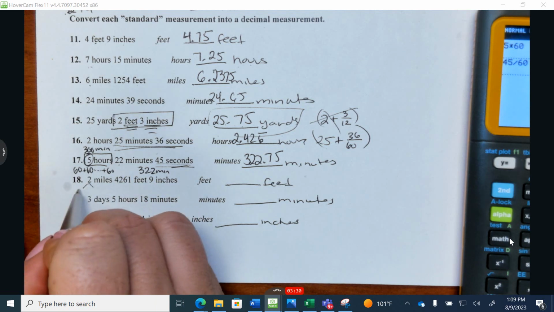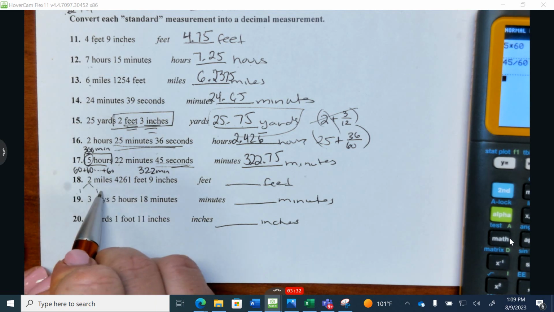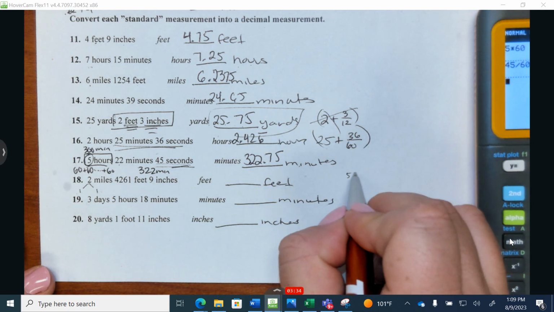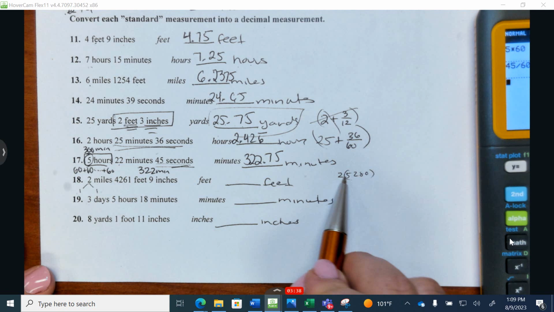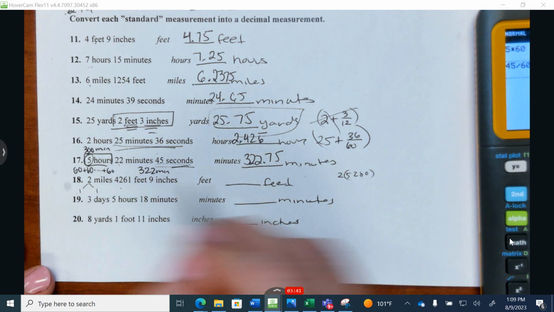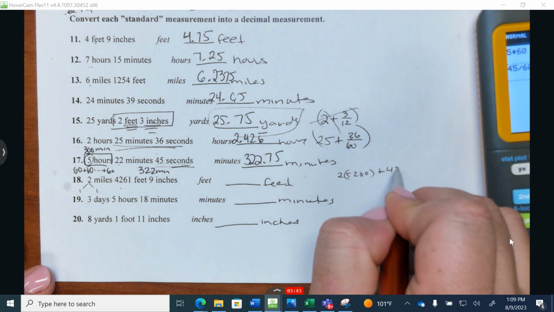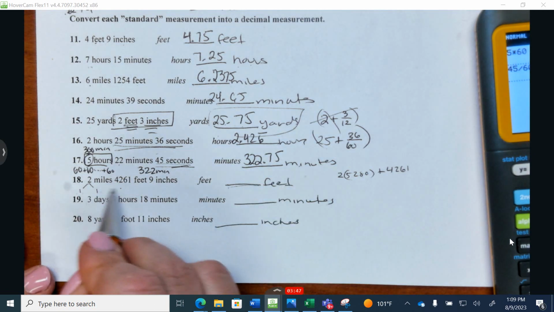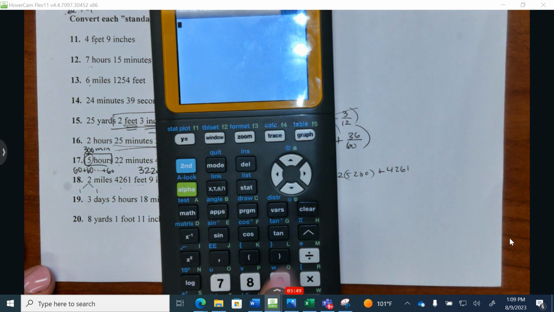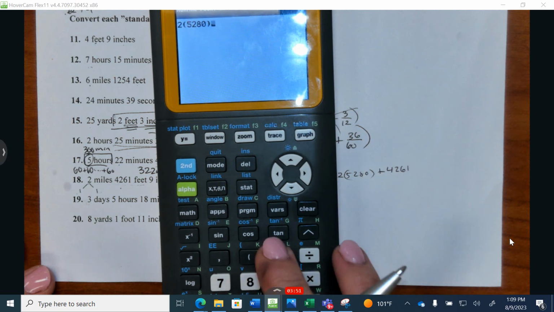Okay, similar concept here to number 17. I'm going to take each one of these miles. There's 2 miles, and each mile itself equates to 5,280 feet. So there's 2 miles, each 5,280 feet, plus we have an additional 4,261 feet. So I'm going to add all those up, knowing my final answer is only going to be in terms of feet. So 2 times 5,280 plus